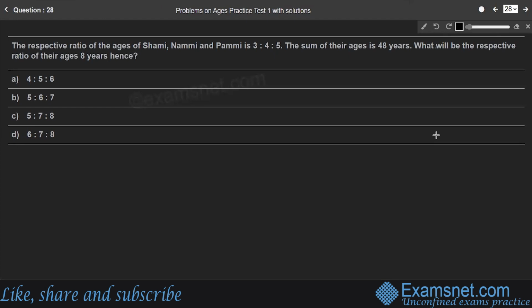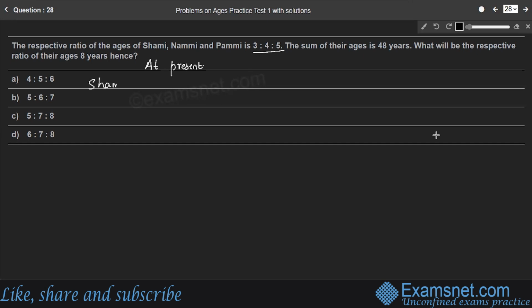Question 28. The respective ratio of ages of Shami, Nami and Pami is 3:4:5. The sum of their ages is 48 years. What will be the respective ratio of their ages 8 years hence? So students will consider their present ages. At present, based on the ratio of their ages,